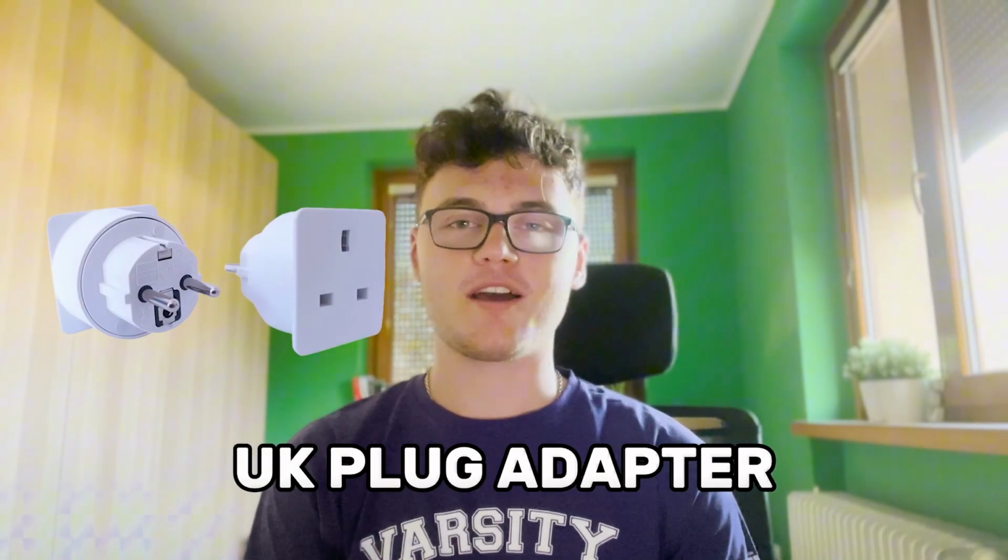What to pack? First of all, I'm going to talk about essentials. The first item I chose from this category is the UK plug adapter. As you might know, in the UK they use different types of power sockets. So if you want to charge your phone, charge your laptop, or just use electricity overall, you need to bring it yourself. Obviously, if you leave it at home, it's fine. You can just buy it in the first electronics store, but I would recommend bringing it,